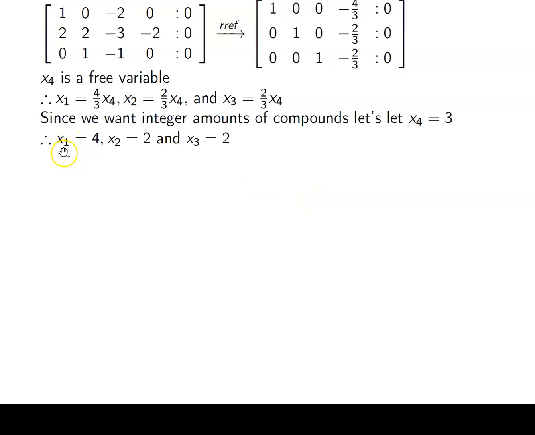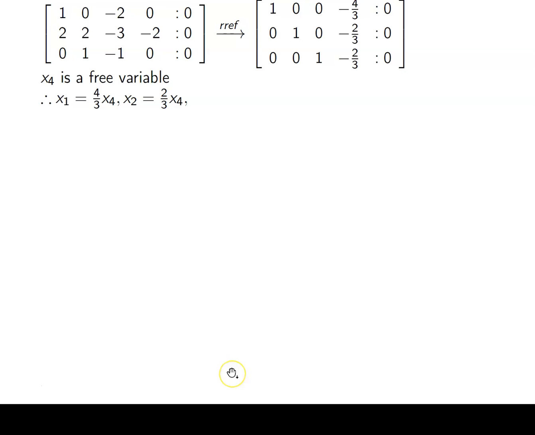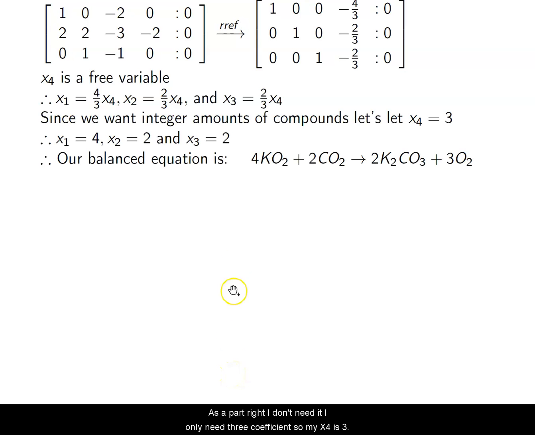So I can say that x1 is 4, x2 is 2, and x3 is 2. Since this fourth one doesn't make sense as a part, I don't need it. I only need 3 coefficients. So my x4 is 3, okay? My x3 is 2, my x2 is 2, and my x1 is 4. Remember, this is the free variable. This can be any number. Any number I have here will change the values I have here, but it's nice to have them be